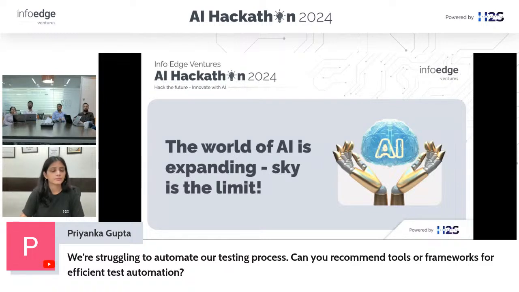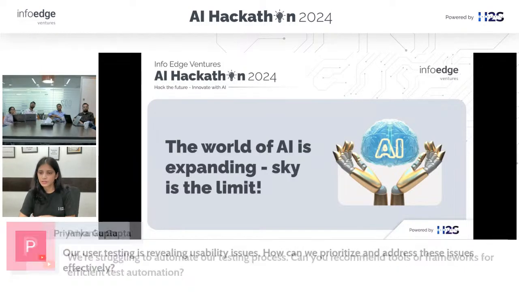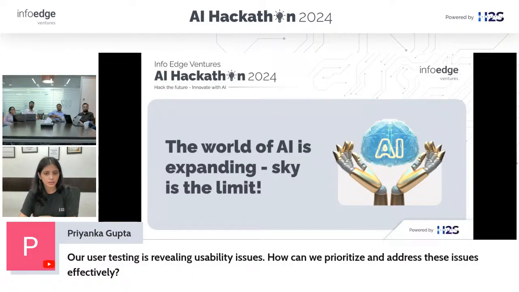What kind of test automation are you looking forward to? Unit testing, end-to-end testing? Maybe that would clarify. A company called GoCodio is also trying to do this. So probably you can check that out. There is a follow-up question from the same user. I think this is what they say: the user listing is revealing usability issues, right? So the company that I mentioned, GoCodio, actually is trying to solve this problem. So you can check that out.